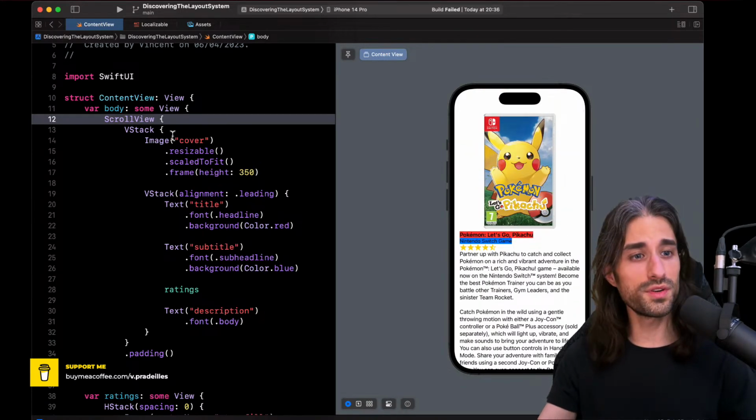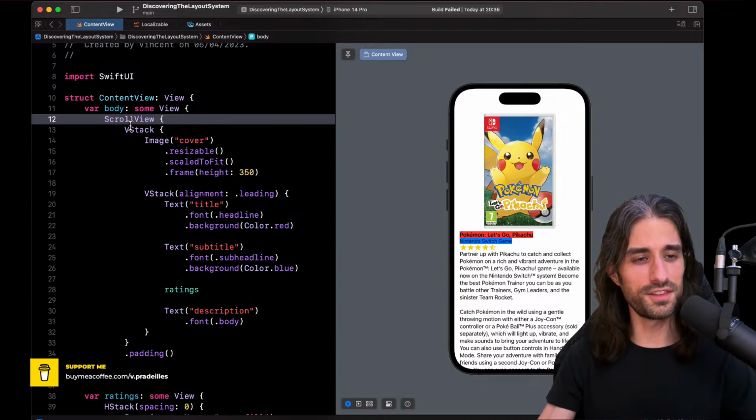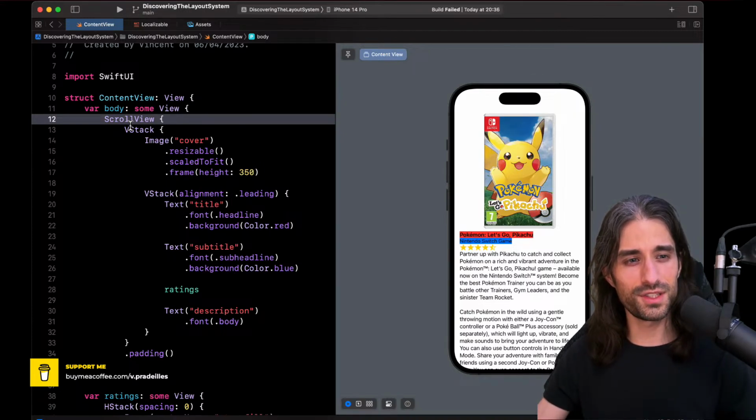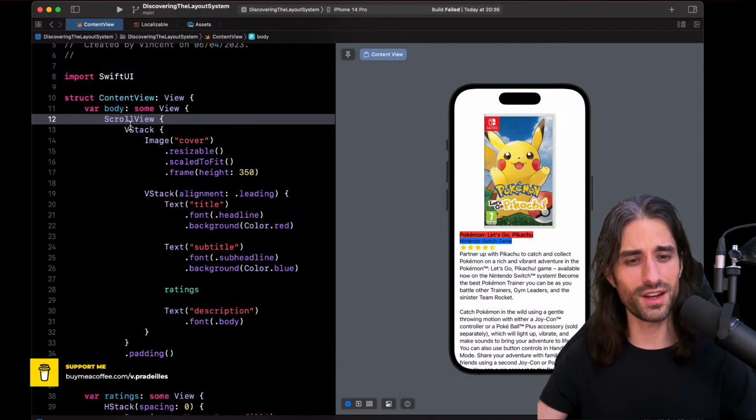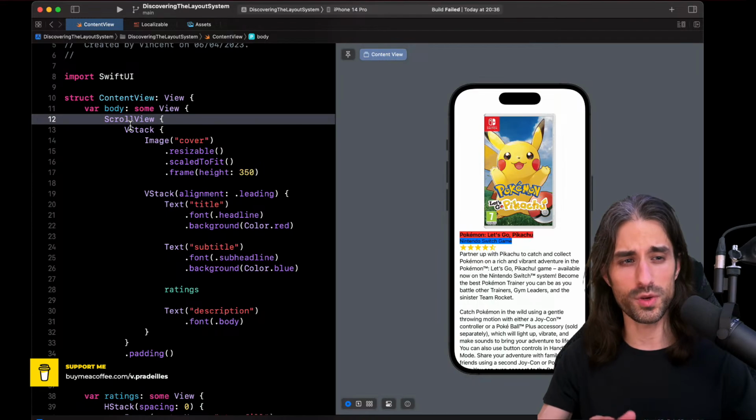So this is actually all that's needed to embed some content in a scroll view in SwiftUI. And if you've been using UIKit a lot, this is definitely one of these moments where you're like, yeah, actually SwiftUI is pretty cool, because doing the same thing in UIKit would have taken a bit more work, and there would have been one or two times where there was a lot of room to make a mistake and just not understand how it works.